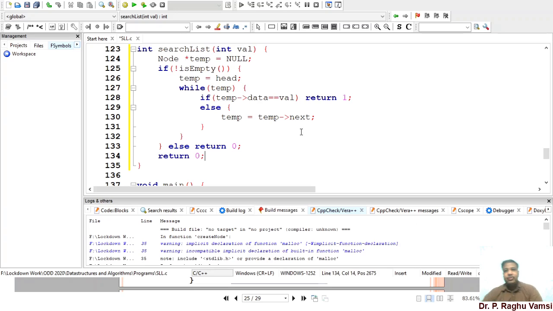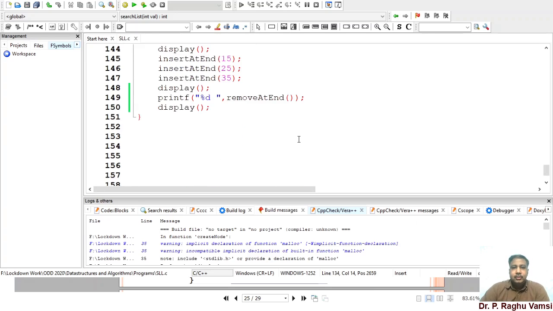Obviously, after searching for a long time, if it doesn't find, then it will come out of the if statement. Then it will go for execution of the return 0 statement. So we'll see whether an element is available in the printf.